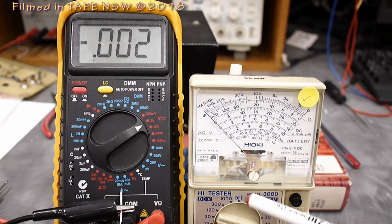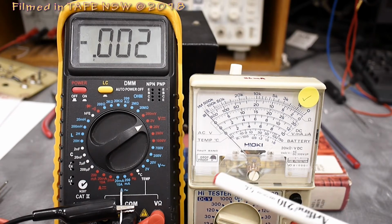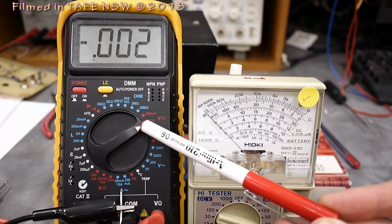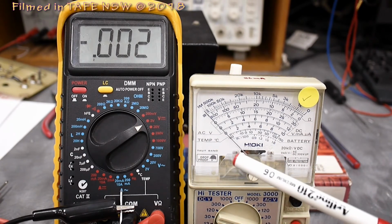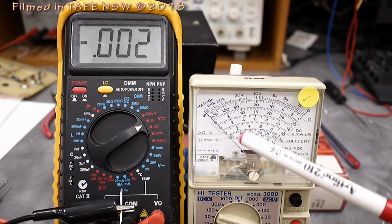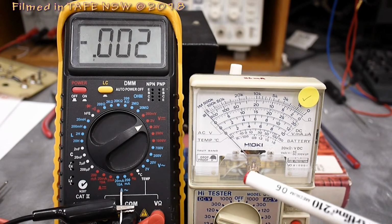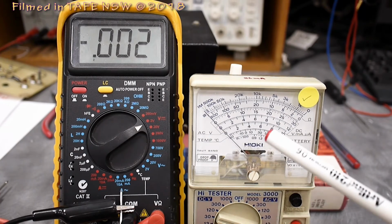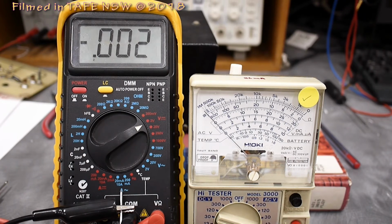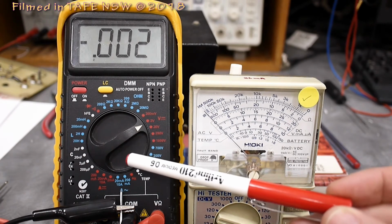In this particular scene, I've got the multimeter still connected up in the ohms range, and I've got a digital multimeter next to it connected to the voltage range. Because we just saw that the ohms range in an analog multimeter has an internal battery which is supplying current to make the needle deflect, we should be able to measure the internal voltage in the meter using a high impedance meter